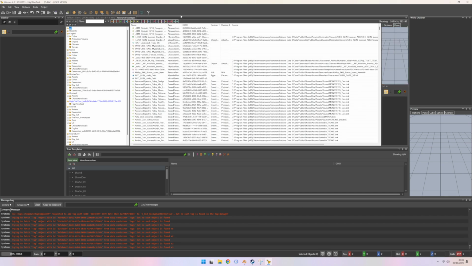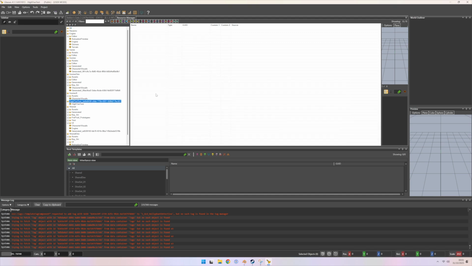Obviously there's a big list here. It looks a little bit intimidating, but don't worry, it's not too bad. Our mod is this one, which is highlighted in blue, so high 5 test. If we open that, at the moment we don't have anything in our mod. It's a completely blank slate. So I'm going to head back into all,